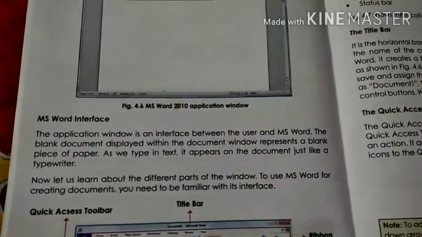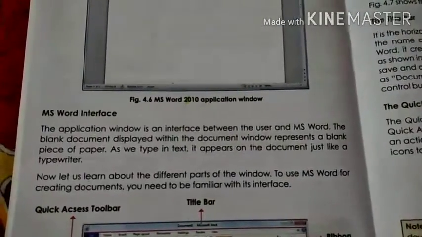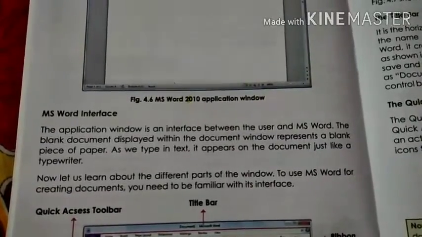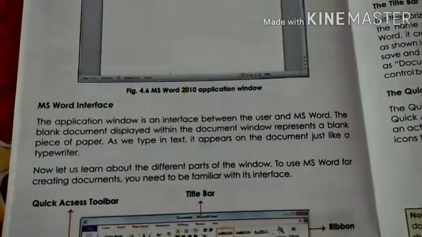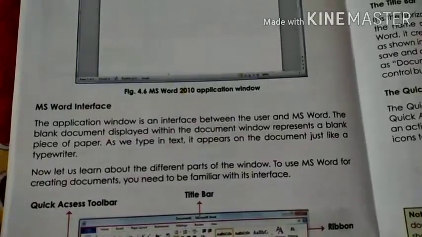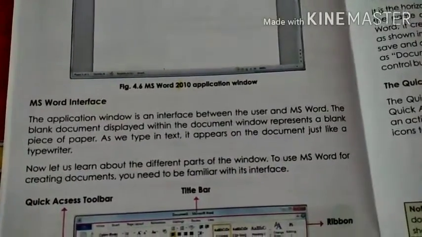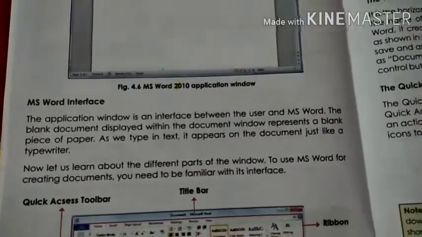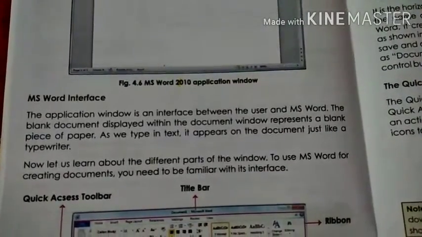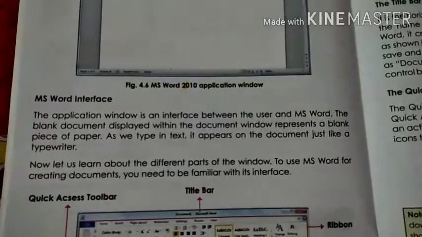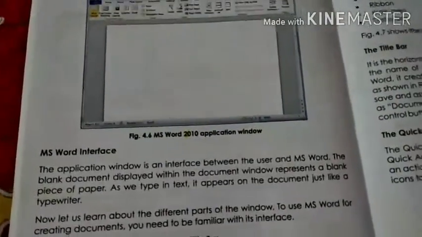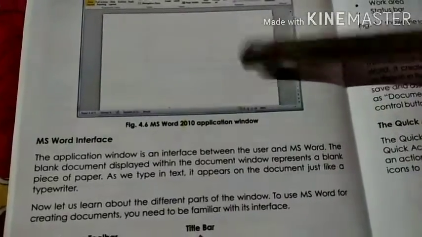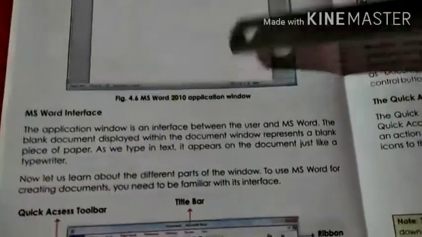To use MS Word for creating documents, you need to be familiar with its interface. So now we are going to learn about the window parts. What are the different parts of the window in MS Word, and that will help you to use MS Word easily. So let's learn. First thing, this blank area means it is a blank piece of paper, right?